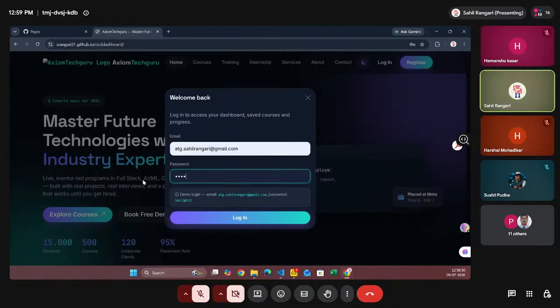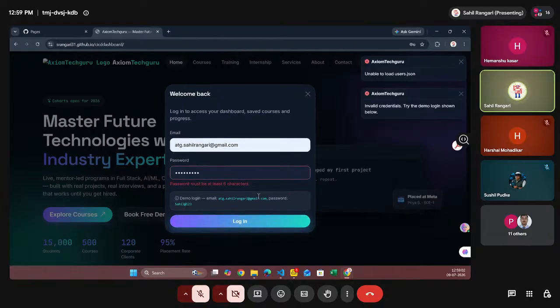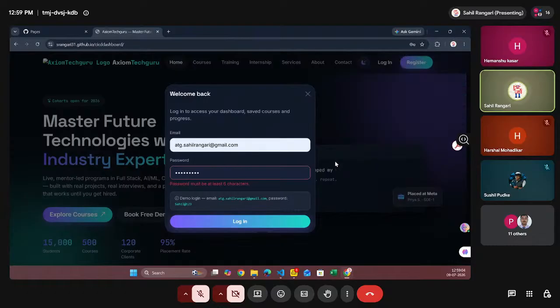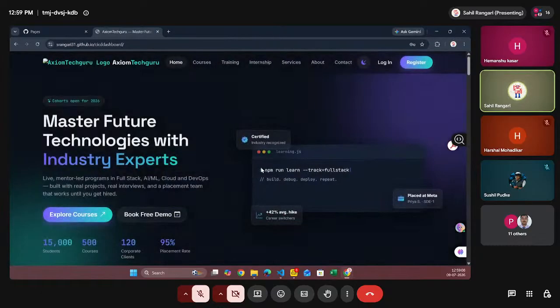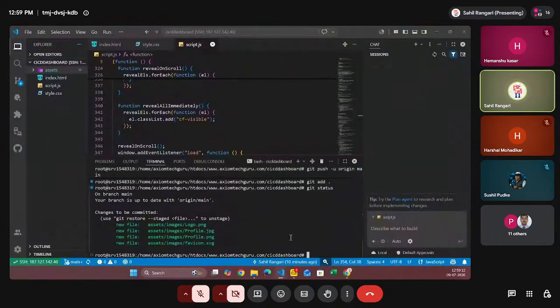We'll just use the demo, and it is showing "the password must be at least 6 characters", which means right now we haven't added that API also. So one by one we'll go. First we'll just add these files, and then